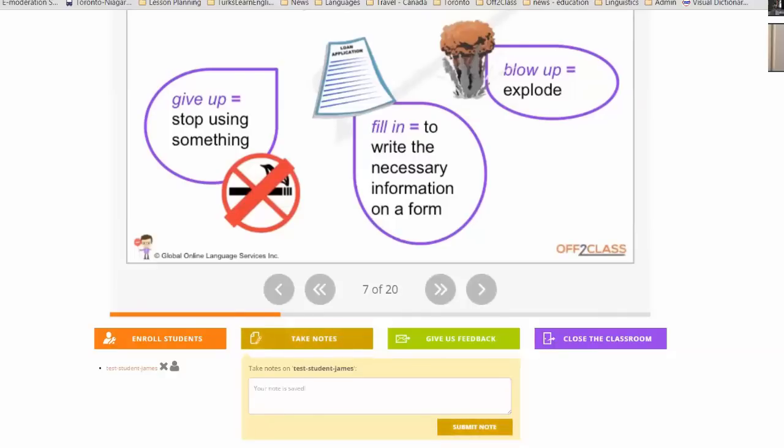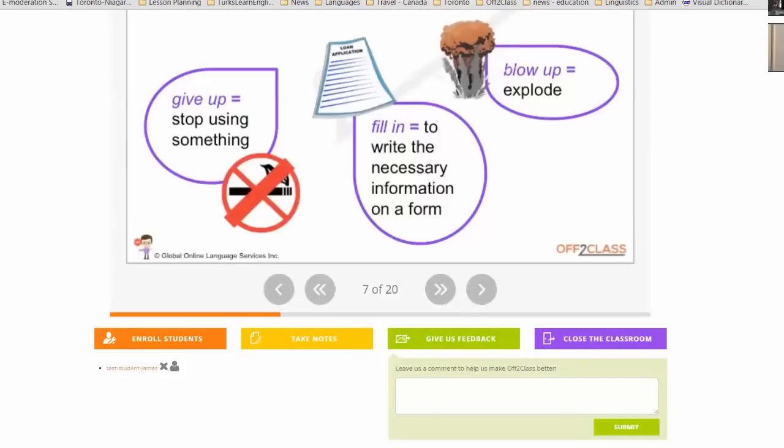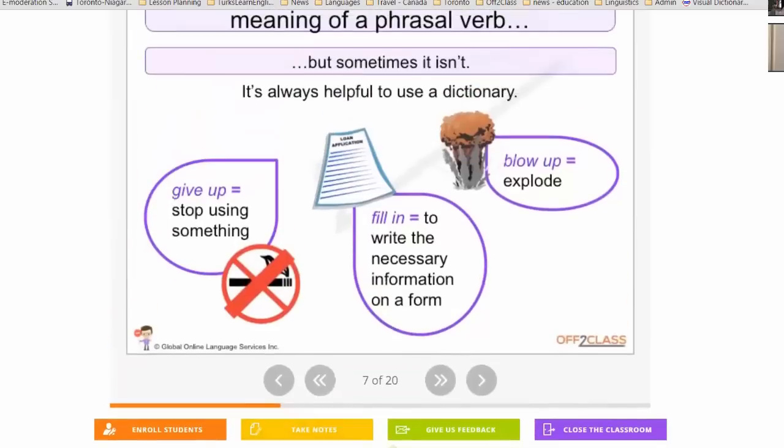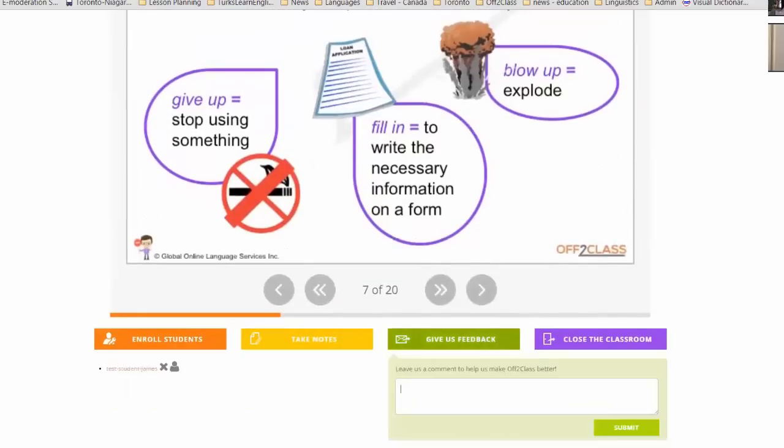That will go through to the student's record. The other thing, obviously, if you find an error, you find something you don't like or you do like about the lesson, please leave us a comment here. Feedback really helps us to improve the lesson content, and if you put feedback into this box, we know exactly